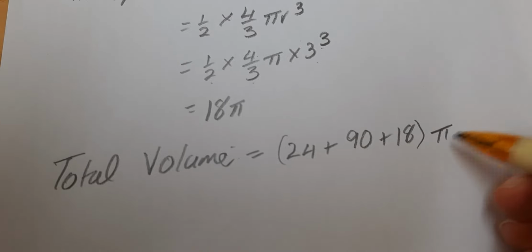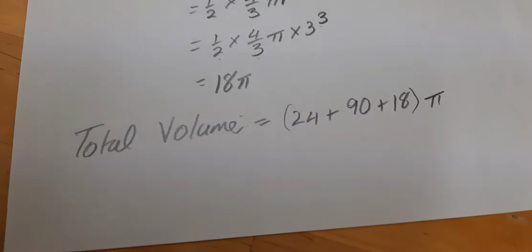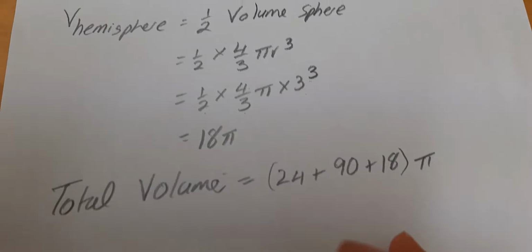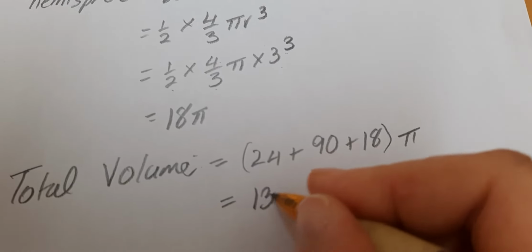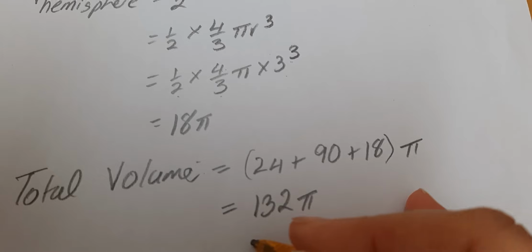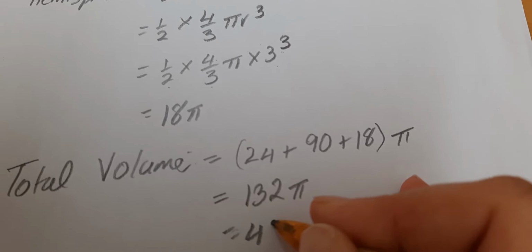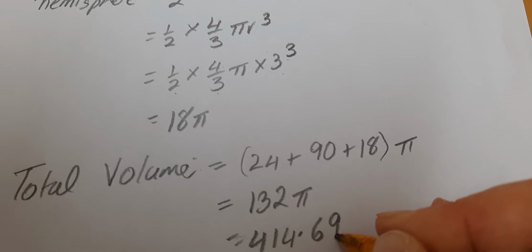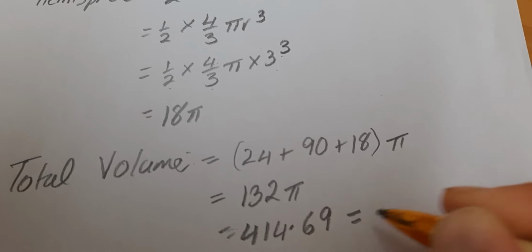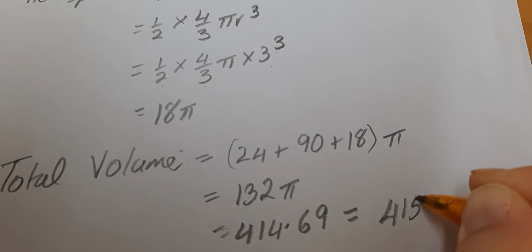I can put that like that if I want. Or I can write them separately. 24 pi plus 90 pi plus 18 pi. If I add all these up together, it will come to 132 pi, which is 414.69 using my calculator, which if I round it to 3 significant figures is